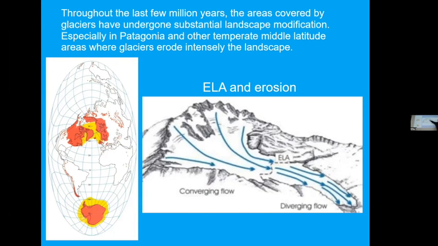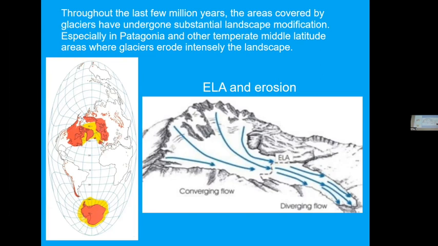Now, this is a glacier, right? And at the higher parts of the glacier is where the snow falls. We call that the accumulation area, because that's where snow is accumulating. And then below that, where you tend to get more melting at lower elevation, we call it the ablation area. It's where the ice and the snow is ablating. The boundary between those two things is called the equilibrium line altitude. The equilibrium line altitude is where, at the end of the summer, the amount of snowfall over the year is in balance with the amount of melting in the summer. In some places, you could have melting in other seasons, right?